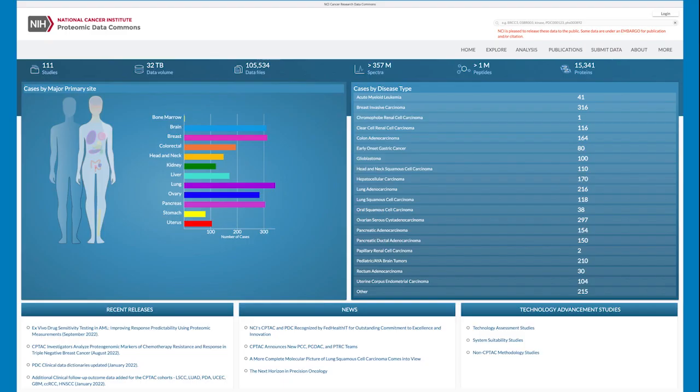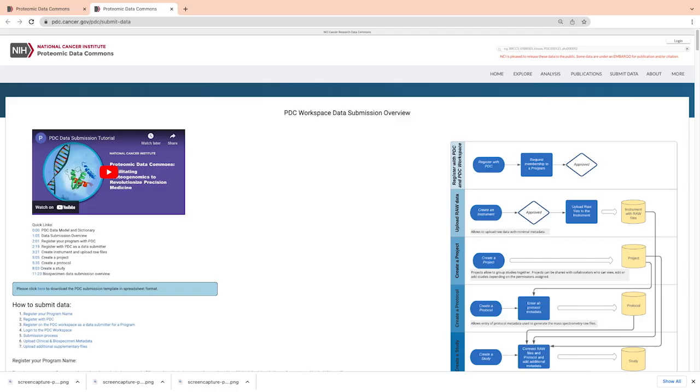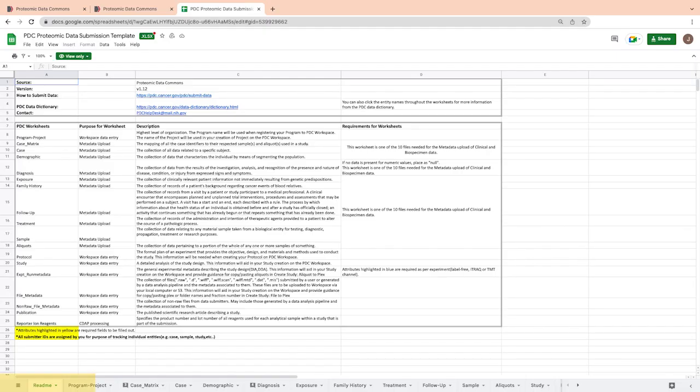Secondly, you should add all your metadata to the PDC submission template. You can find the template within the How to Submit section of the portal. The template has separate spreadsheets for each of the entities in the PDC data model, like Sample and Aliquot. You should collect all the required information in this template before starting the submission process. You will either enter this information directly in the PDC's forms or upload the sheets as tab-separated text (TSV) files in later steps.